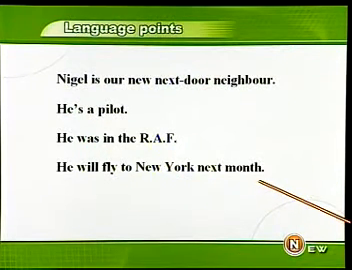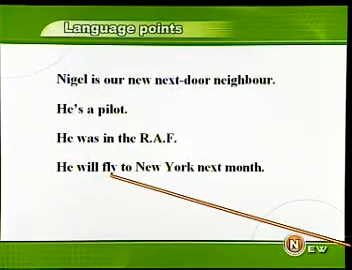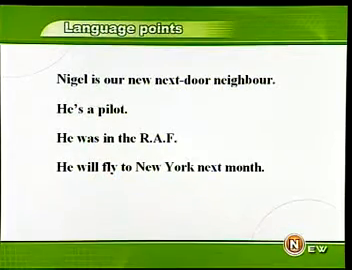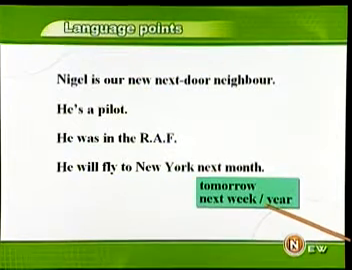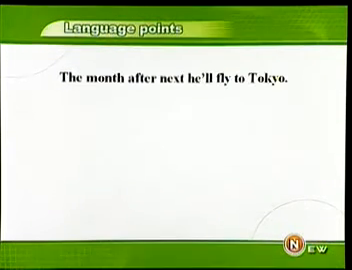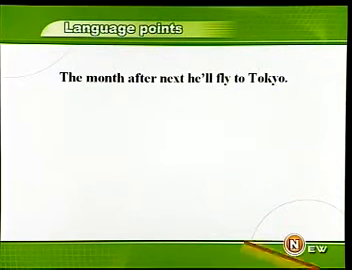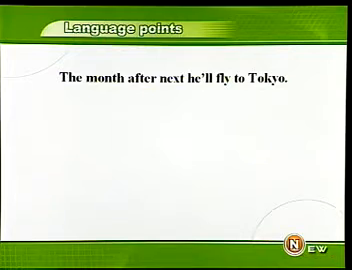He will fly to New York next month. Next month 下个月，说的是将来要发生的事情，所以用了一般将来时 will。Fly to 飞往什么地方，那么明天是 tomorrow，下个星期 next week，明年 next year。那么再下个月他会做什么呢？The month after next, he'll fly to Tokyo. The month after next，再下个月，再下个月他要飞往东京。